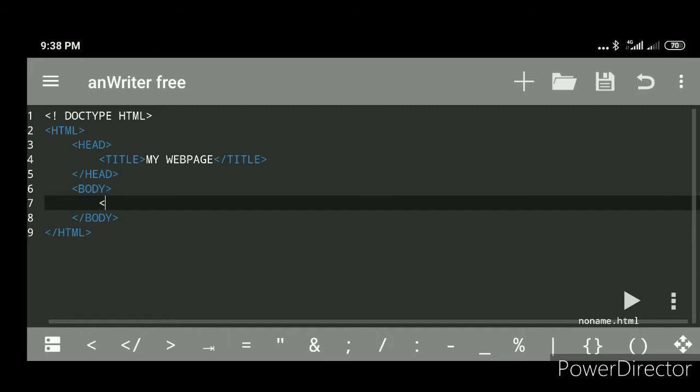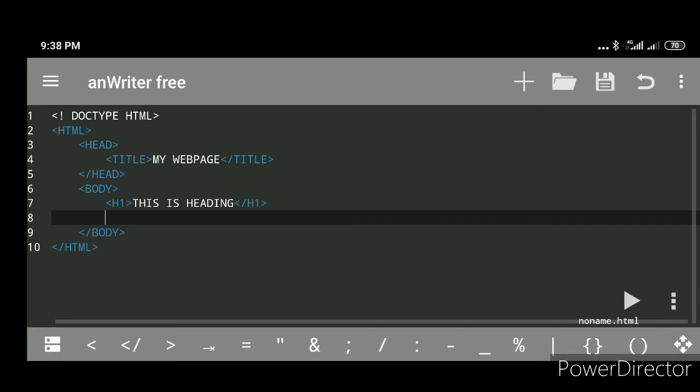Let's take an example. We are going to take one header, that's why I'm using the h1 tag. H1 is used for heading, the bold, largest heading in HTML. It goes h1, h2, h3 up to h6. H6 is the smallest heading in HTML. We want the largest heading, that's why I'm using the h1 tag here. So I'm writing the heading here, this is heading. Okay, so my heading tag is completed.